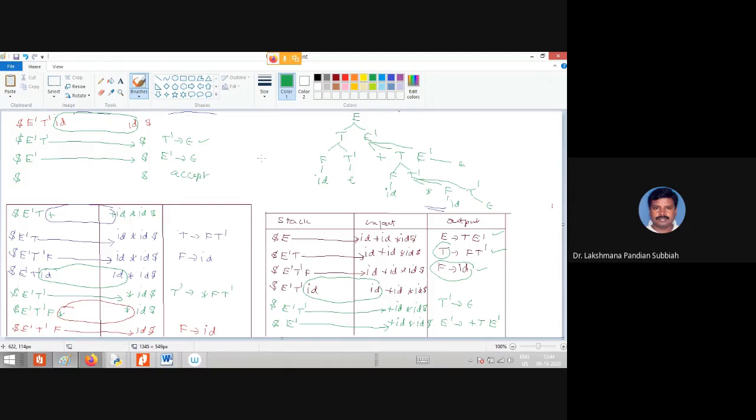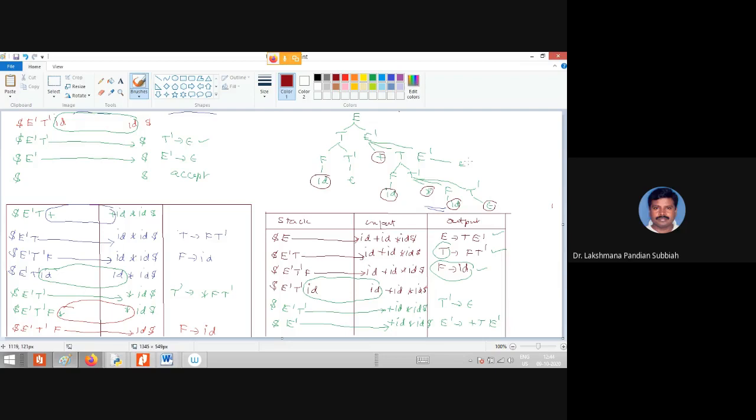Now for the construction of the tree, you have to collect that from leaves to root. So here you see id, this is empty, plus id, star id, and all others are empty.